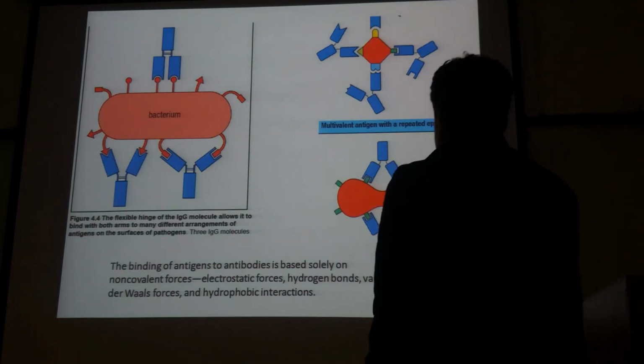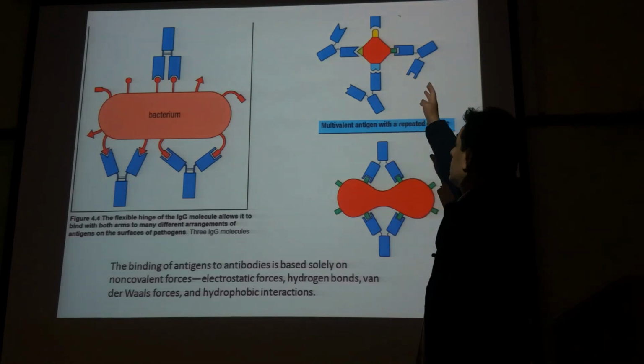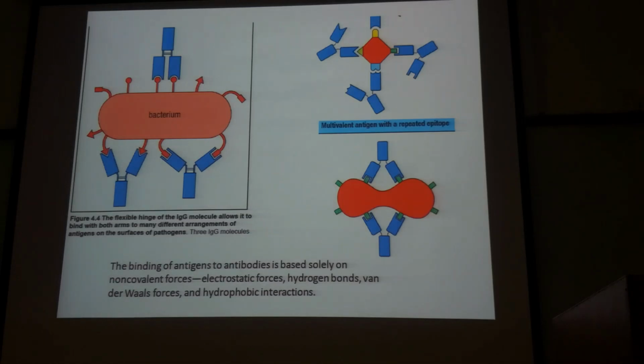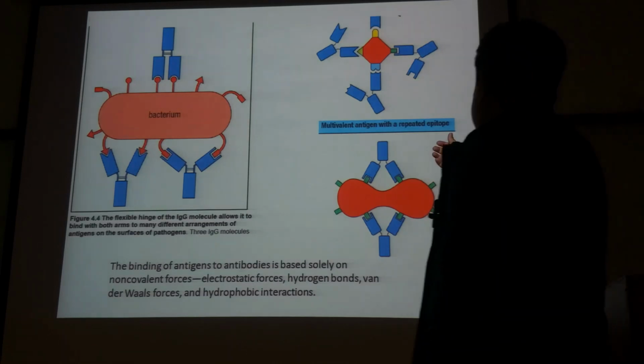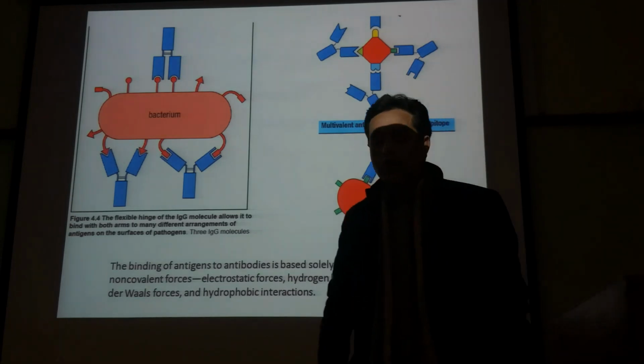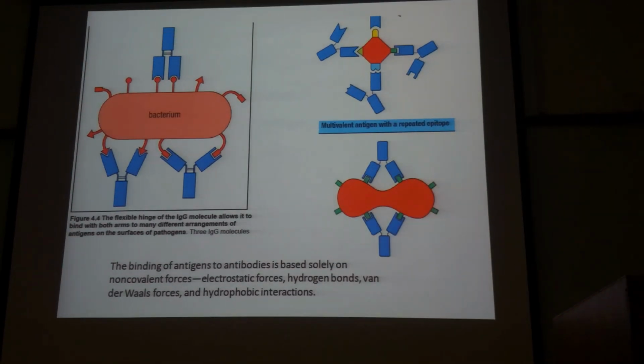Now there can be a single antigen with multiple epitopes, and those multiple epitopes are different, as you see here on the surface of this bacterium. One is in blue, green, and yellow, etc. Some are round, some are rectangles, and some are in different shapes. For all these different shapes, you see that the antibodies binding to these multiple epitopes are utilizing different